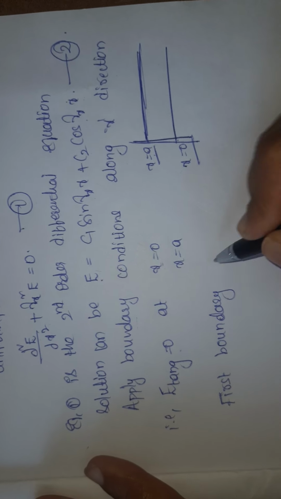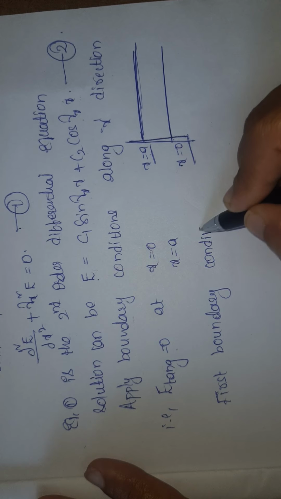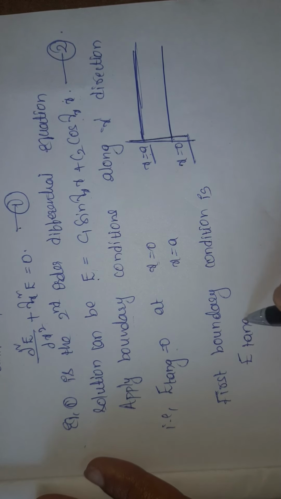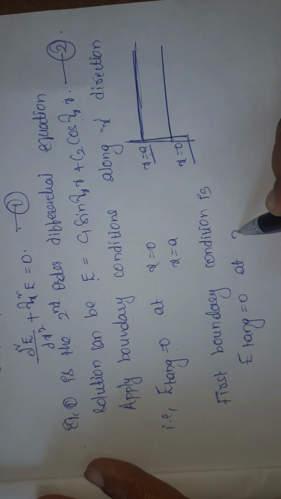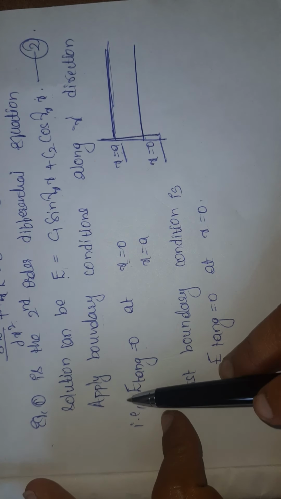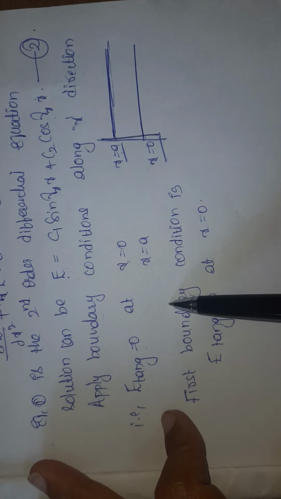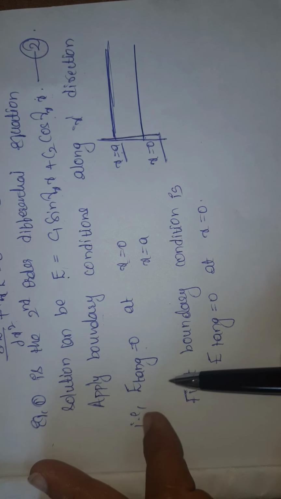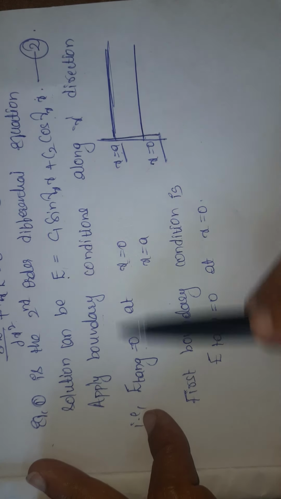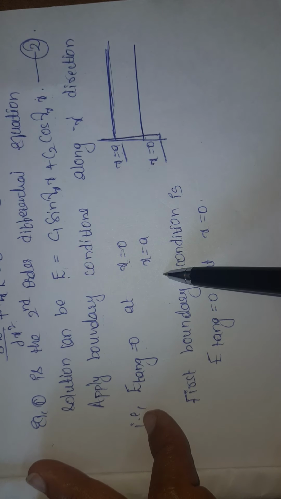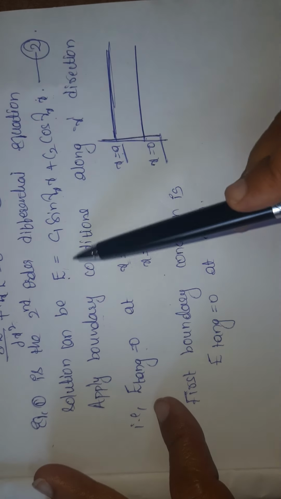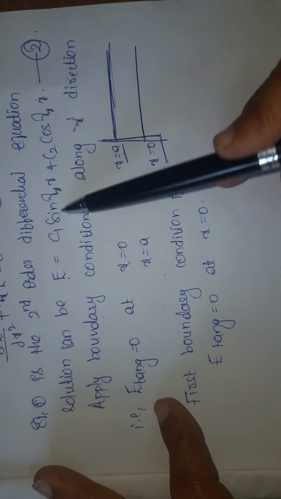The first boundary condition is E tangential equal to 0 at x is equal to 0. These are already predefined. There won't be any change in these boundary conditions. We have to satisfy these boundary conditions. To satisfy this boundary condition, what do we have to do? This is equation 2. From equation 2,